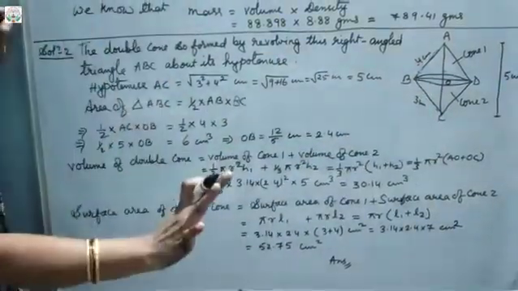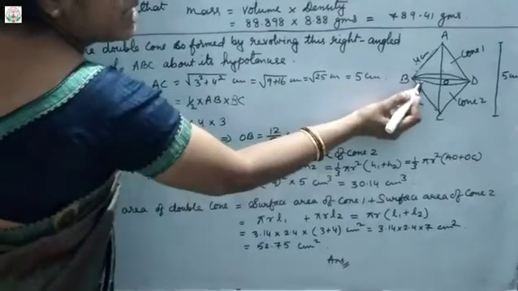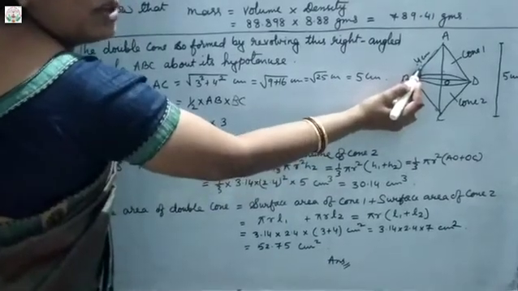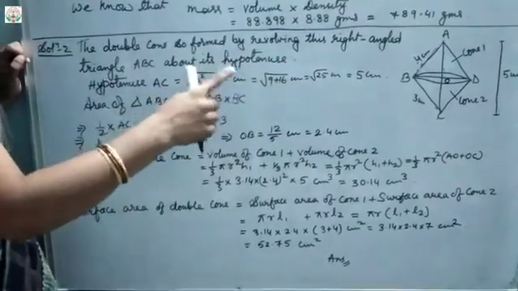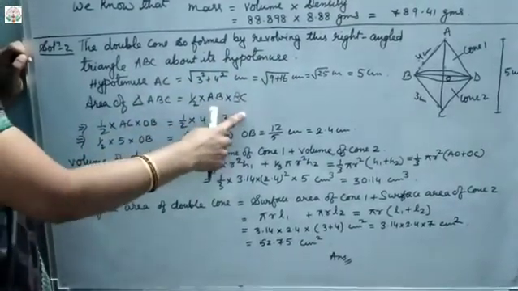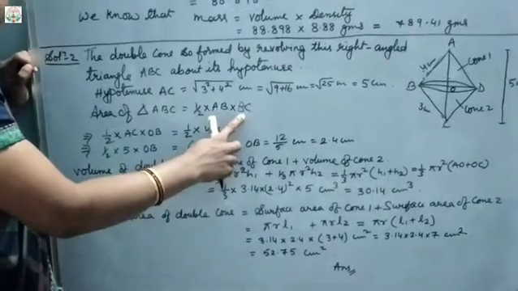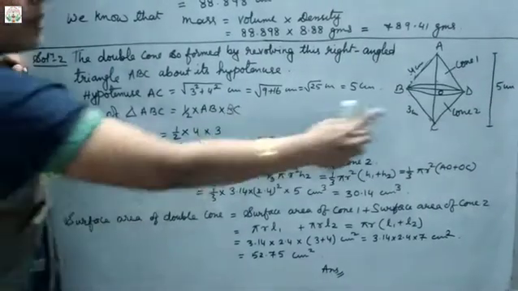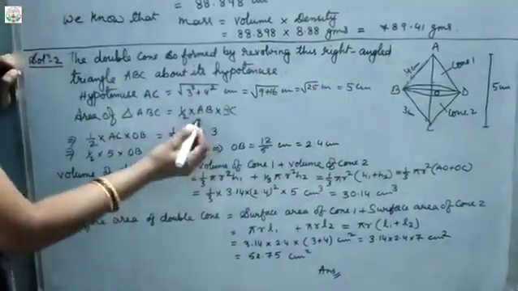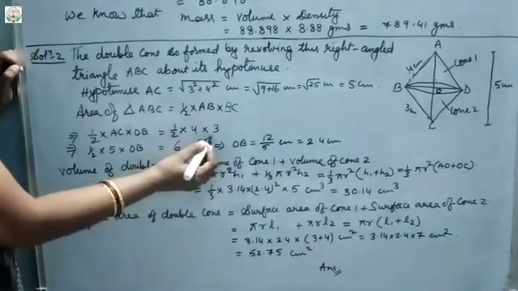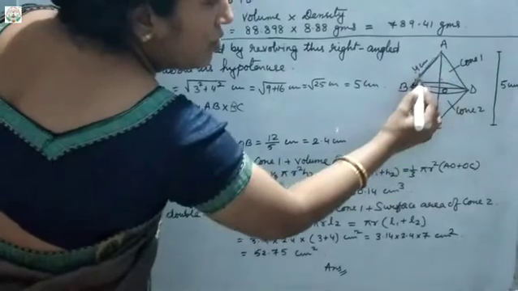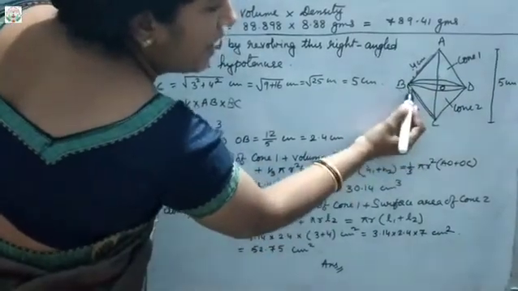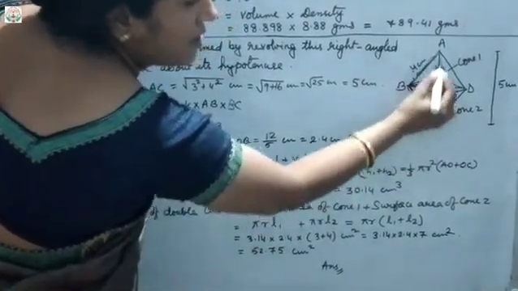ABC is a right angle triangle. If this is 90 degree, this is your perpendicular, and this is the base. So the area of a right angle triangle is what? Half into base into height. So here the base is BC, the height is AB. That is why half into 4 into 3. This part is clear. Now, in this particular triangle ABC, if I draw a line like this, you can see